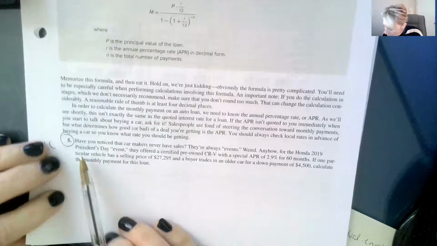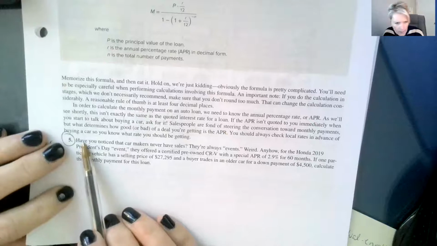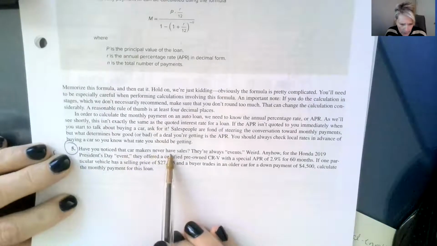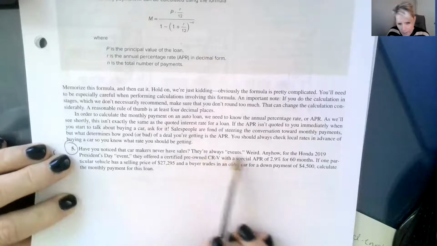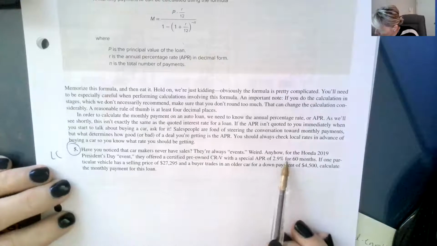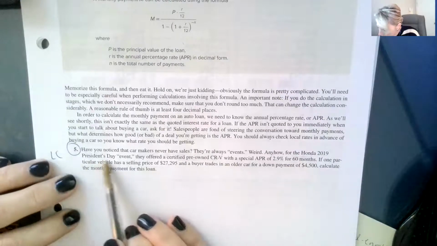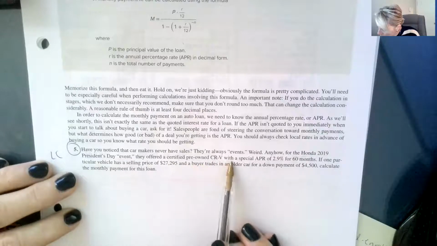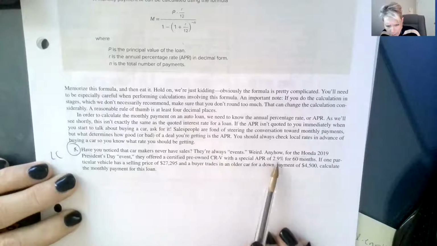So let's look at number 5. It says, have you noticed that car makers never have sales? They're always events. Anyway, they want to make it sound special. Anyhow, for the Honda 2019 President's Day event, they offered a certified pre-owned CRV with a special APR rate of